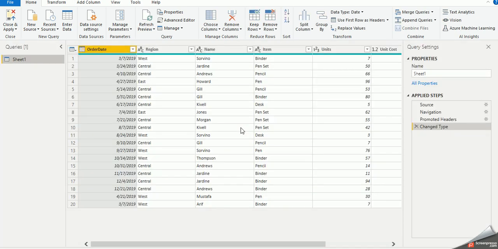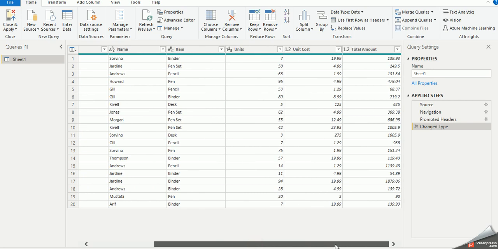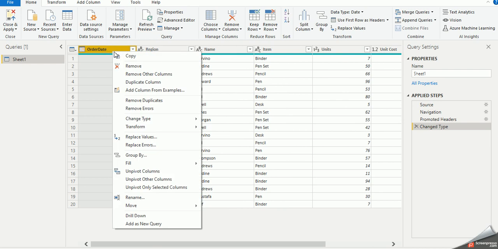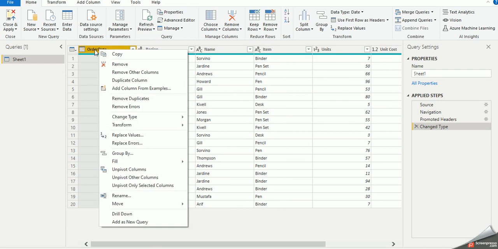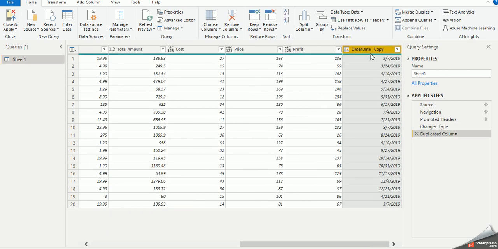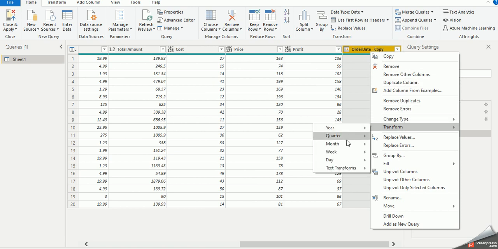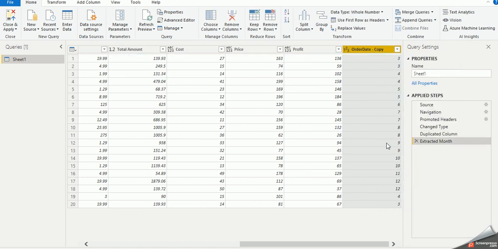It's a very rich Power Query option, M Query, you can say. I will click this order date, because it is a hierarchy, and all the year and month hierarchy is available. So I will first duplicate this column, and after that I will transform it into month and month.